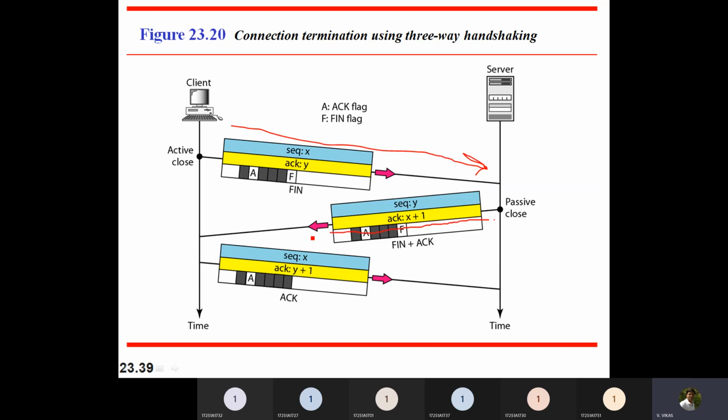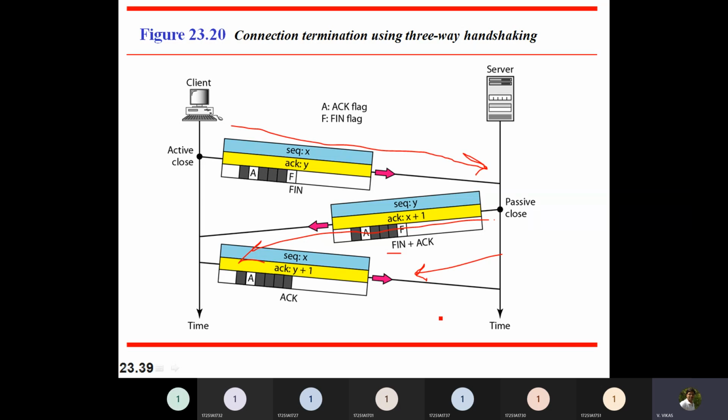If the other person is also interested in closing the connection, he will send FIN plus ACK. But if the other person still wants to communicate, in that case he will send only acknowledgement and data. He won't send this FIN message. Whenever he completes data transfer, then he will send FIN message again, and you will be responding with acknowledgement.